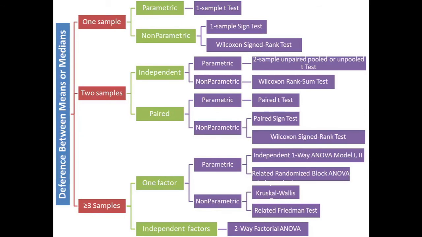For example, if we want to check the difference between means or medians, we have to check the number and nature of samples. The classification of various kinds of tests to find out the difference between mean or median is depicted through this picture. Here you can see to find out the difference between mean or median, there may be different kinds of hypothesis tests for one sample, two samples or more than two samples. These tests may be parametric or non-parametric in nature, or independent and paired in nature. For a detailed understanding of all these hypothesis tests, keep on watching video lectures on this topic on this platform.